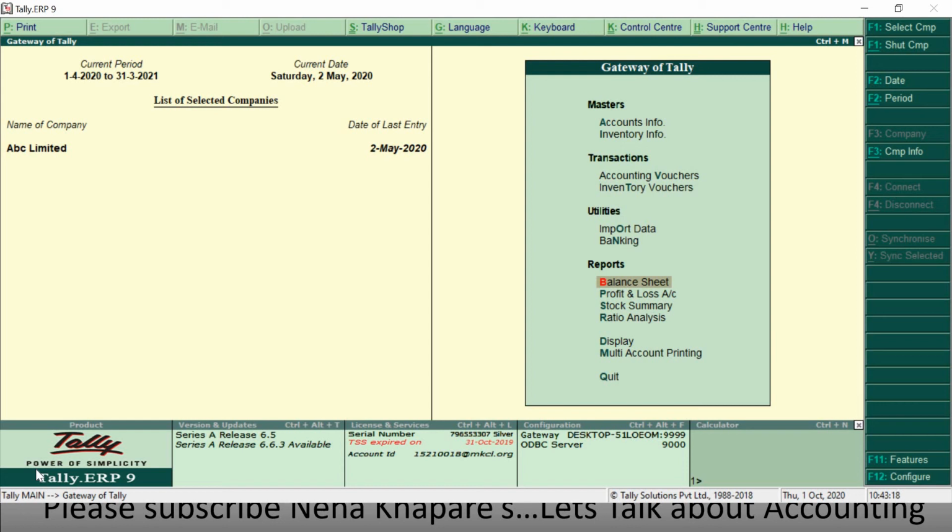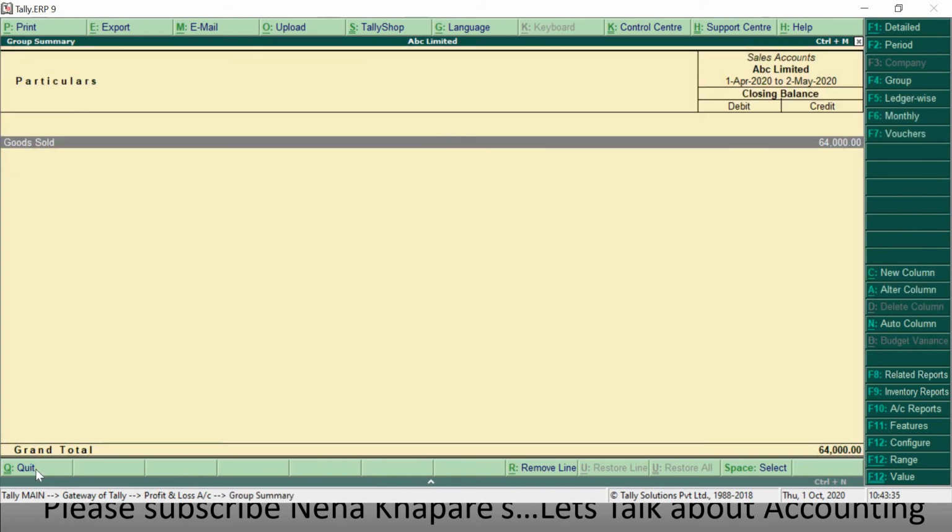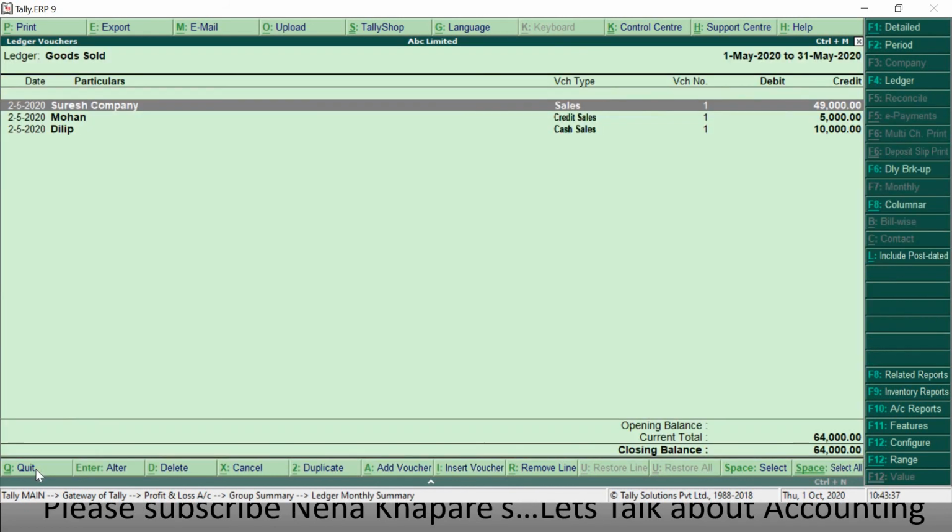Just for a better understanding, we have done this transaction in the credit sales voucher as well as in the cash sales voucher. Now how can I view this sales? Go to Profit and Loss account, go to sales account, goods sold, click enter. Here you can see the voucher already entered by Suresh company was simply in sales voucher type only.